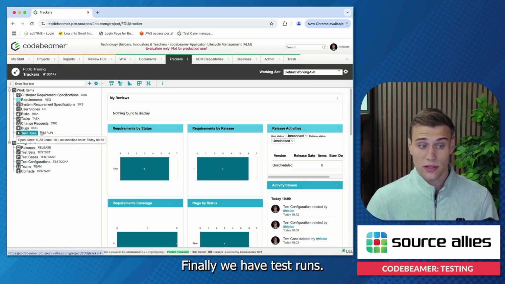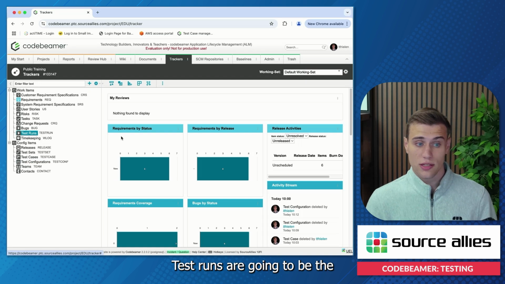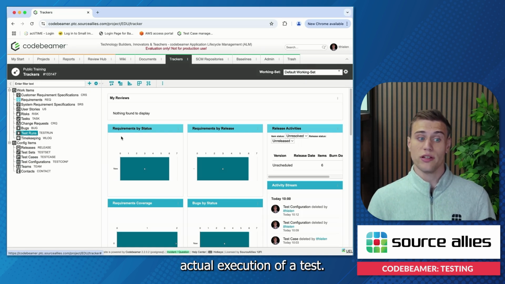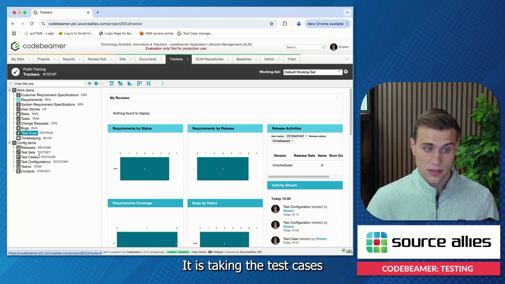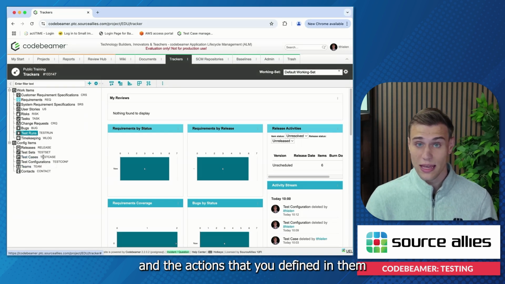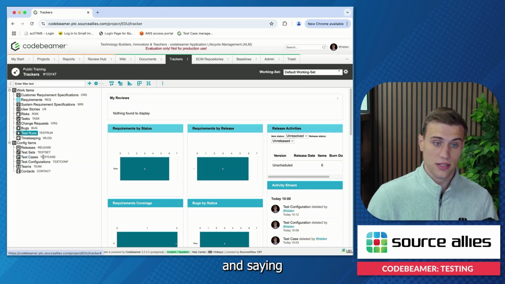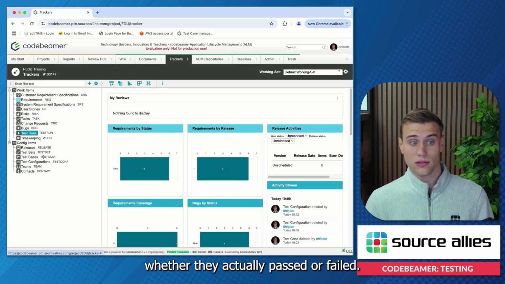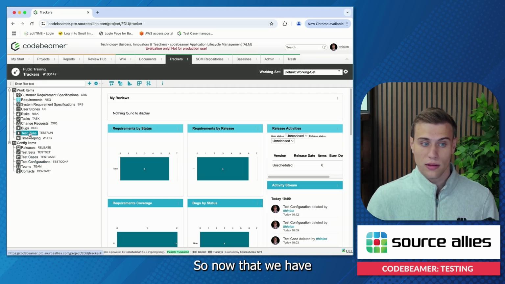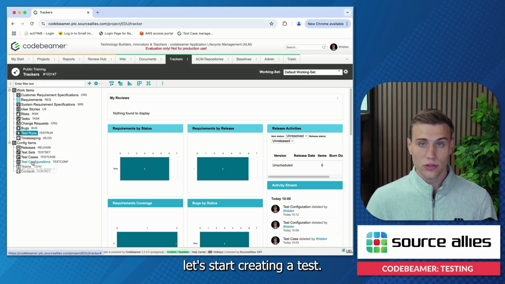Finally, we have test runs. Test runs are going to be the actual execution of a test. It is taking the test cases and the actions that you defined in them and saying whether they actually passed or failed. All right, so now that we have how all of these relate to each other, let's start creating